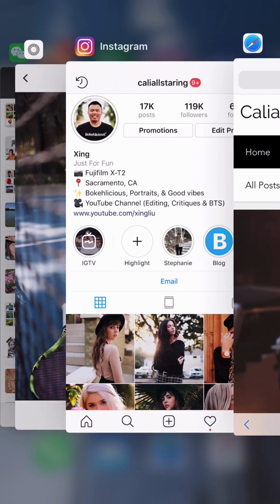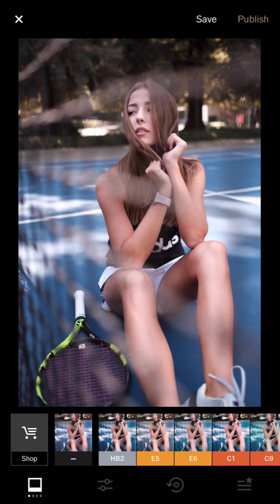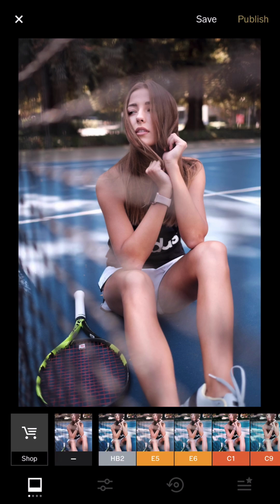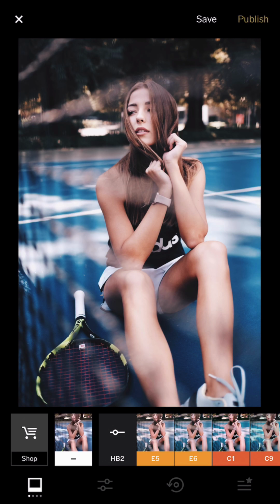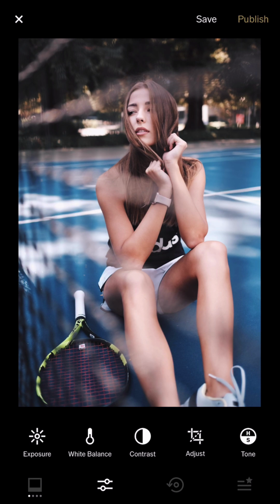So let's get started. Let me go to the VSCO app. So this is my first picture that I'm gonna edit. I'm gonna use the tennis style and show you how I edit the tennis style. So for now, the background is blue in the majority of the area in the background. So what I want to do is I'm gonna use the filter HB tool because it has a nice contrast with the blue. So I have this contrast, and then I'm gonna reduce probably 7.4, and I will reduce the